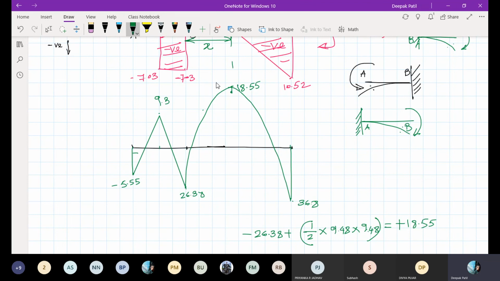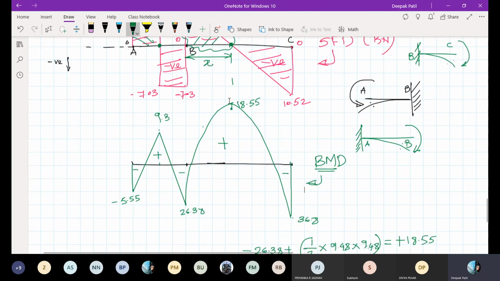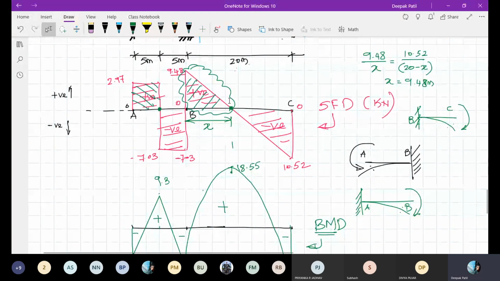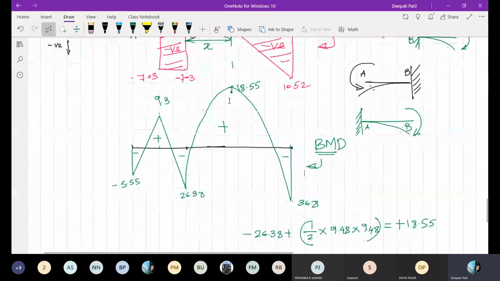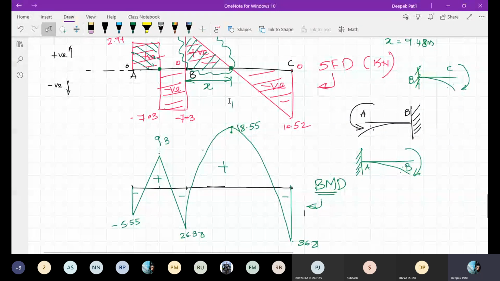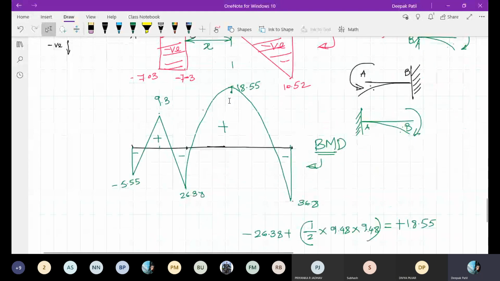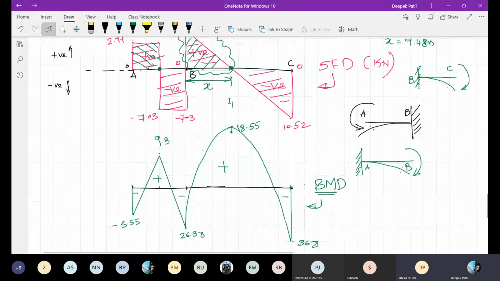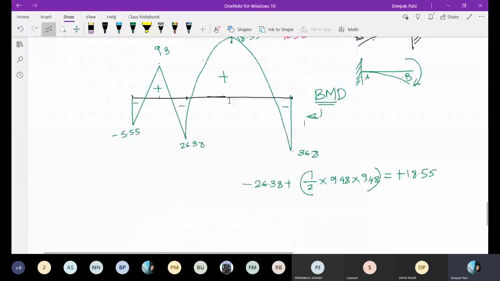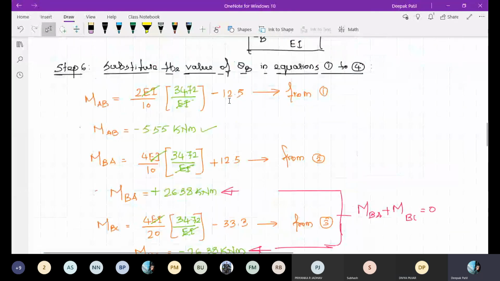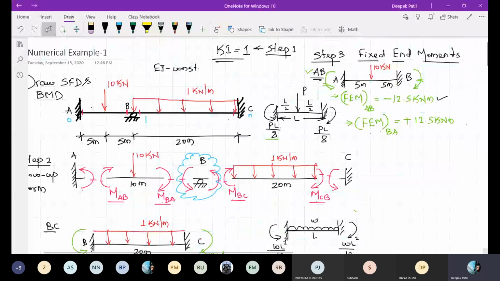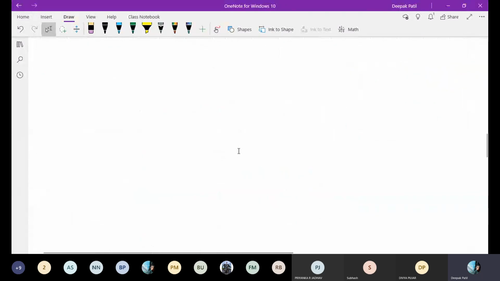Okay, so this is negative bending moment, positive bending moment, negative bending moment, positive bending moment, and this is a negative bending moment. So this is your bending moment diagram. You may feel a little difficulty while drawing at the first time, but don't worry about that. Once I go through the numerical examples further, you will come to know how to draw the shear force diagram and bending moment diagram in a much better way. Is this clear to all the students? Yes, sir. Okay, so this is where you have to stop your problem. They had asked you to calculate the shear force diagram and bending moment diagram, and you have done that. Is it clear?